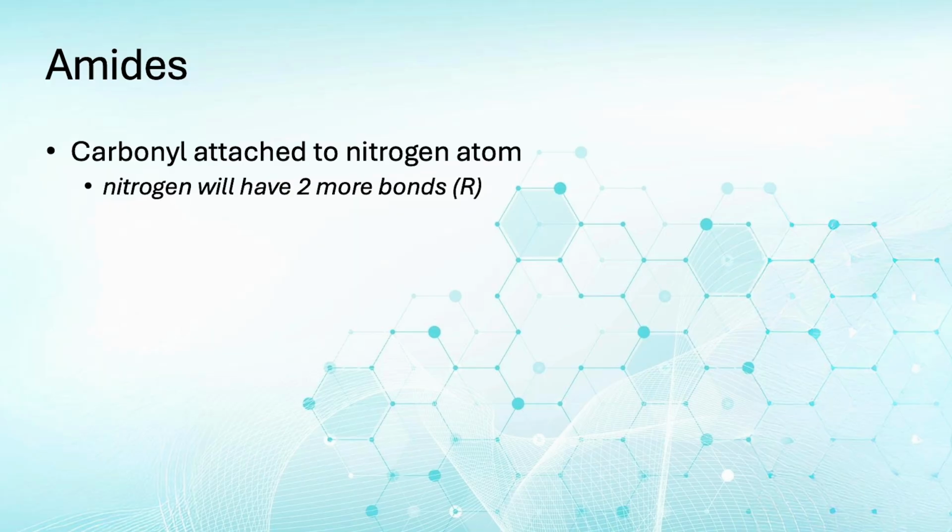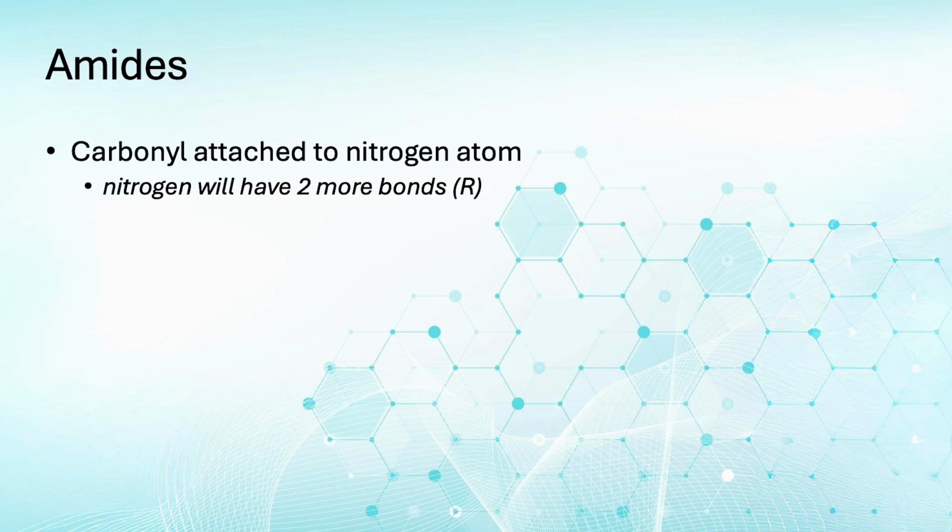Amides diverge from what we've been seeing and will segue perfectly into the next video's functional group. Amides have a carbonyl with a nitrogen connected to the carbonyl carbon. Since nitrogen likes to form three bonds, the amide nitrogen will usually have two other bonds, which we can show